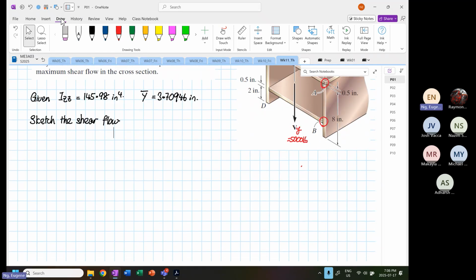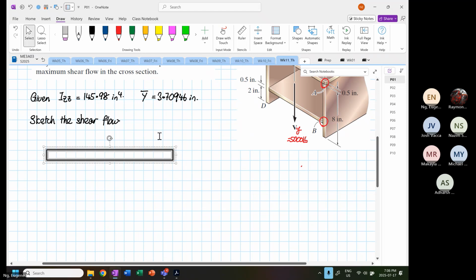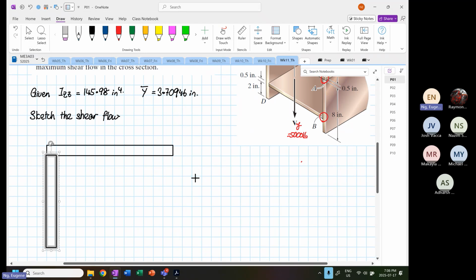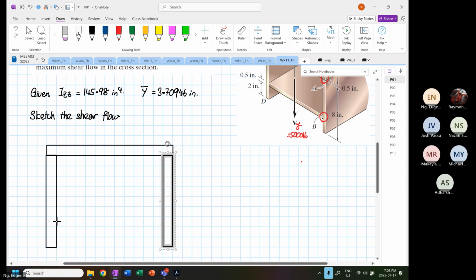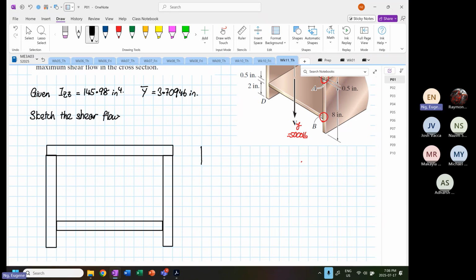So the structure looks like this, and then stretched vertically. Given that this is our transformation,